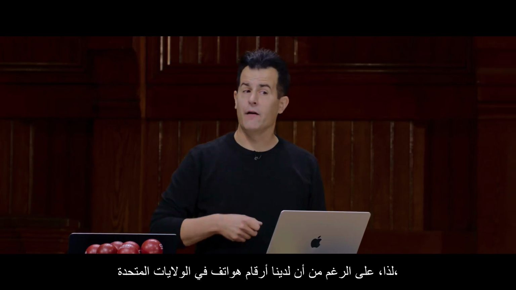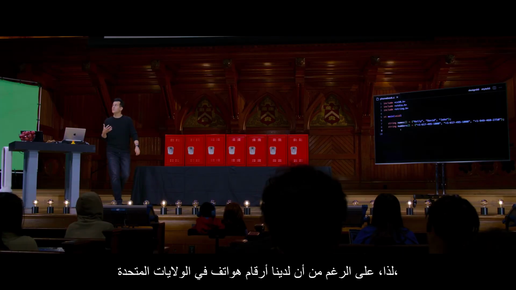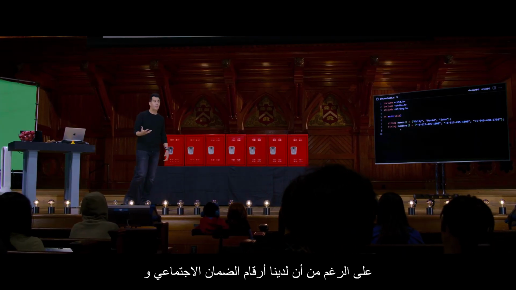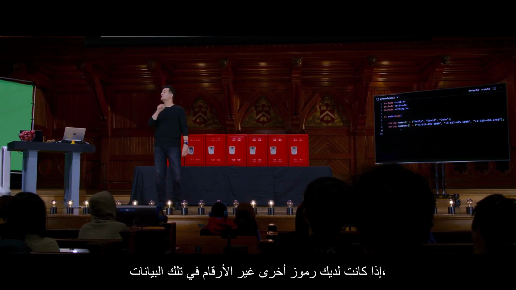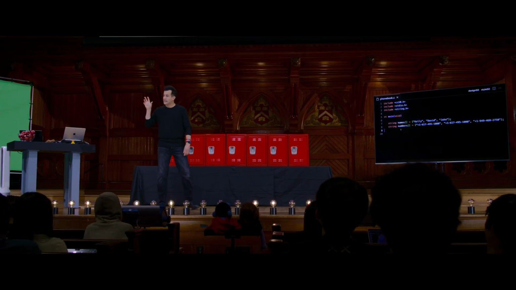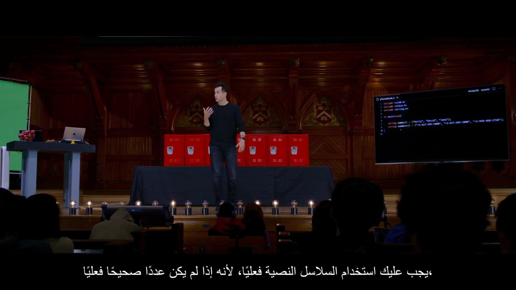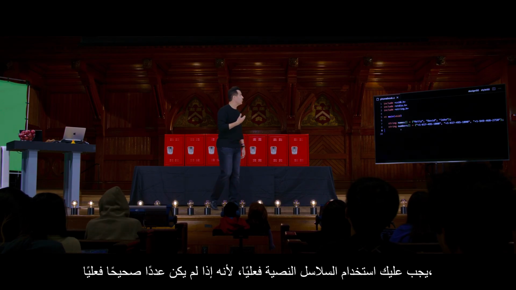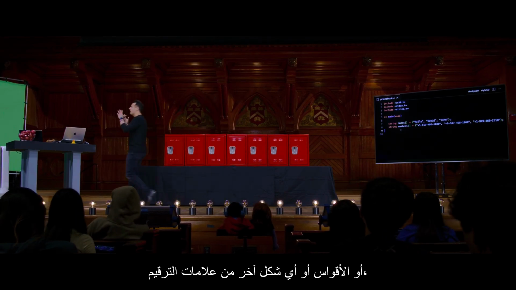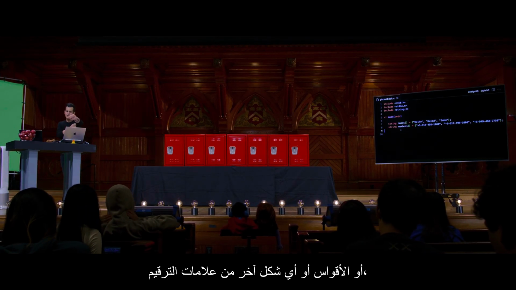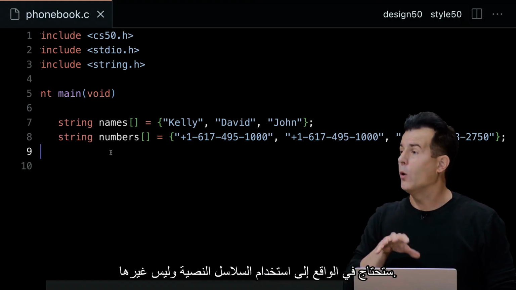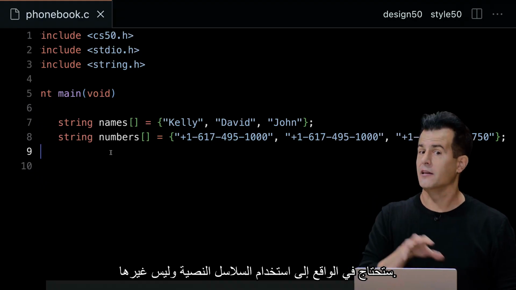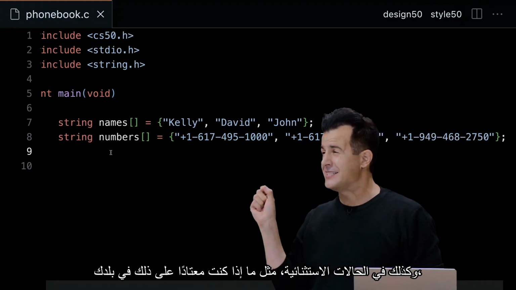Yeah, so even though we have phone numbers in the US, even though we have social security numbers and a bunch of other things that we call numbers, if you have other non-digits in those values, you have to actually use strings. Because if it's not an actual integer, but it does have things like pluses or dashes or parentheses or any other form of punctuation, as is common in the US and other countries for phone numbers in particular, you're going to actually want to use strings and not numbers, as well as for corner cases, like if you're